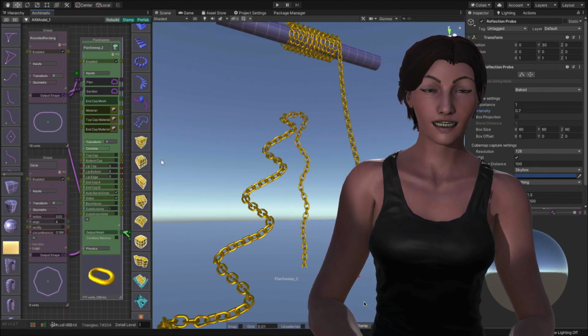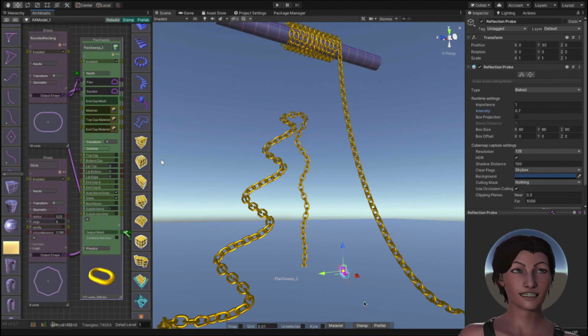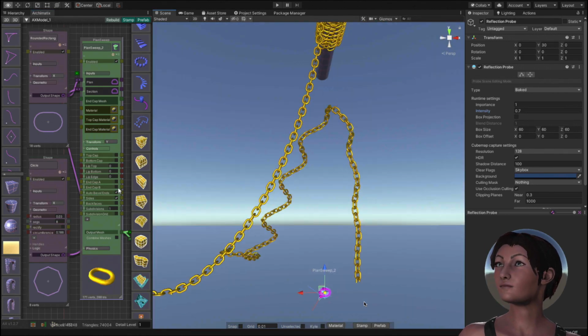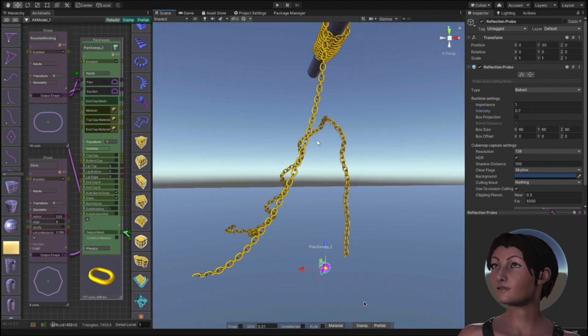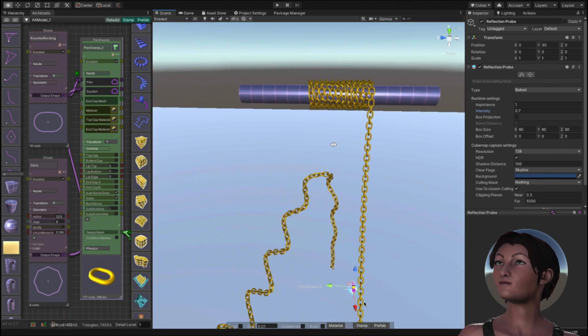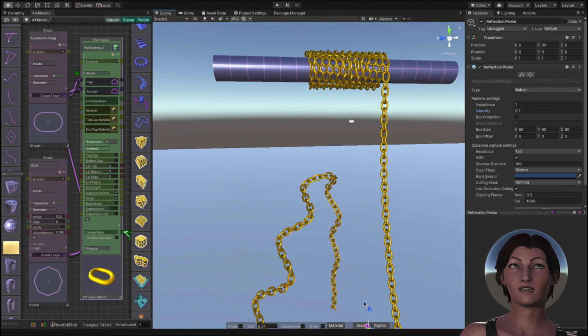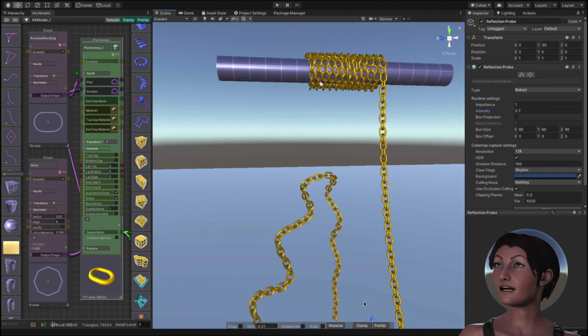First of all, I'm not going to be huge like this. Let me shrink down. And I'm going to show you really quickly what we're going to cover in this tutorial. We're going to make a metal chain, and then I'm just going to deform it around some normal shapes, like a pretty normal curve. I'm going to show you how to make it look like the chain wraps around a shape